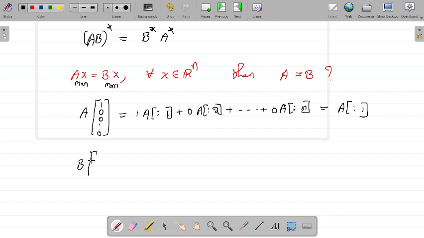Okay, you can simply see the proof as above. Because if you want to get the first row of AB, how do you get it? The first row of AB can be obtained like this, the first row of A multiplied with B will give me the first row of AB. But we know the first row and third row of A are same, so the first row of A times B is the third row of A times B, and this will be same as the third row of AB. That's it. And not only this, you can say that let us say if the first row is a linear combination of the second and third rows.